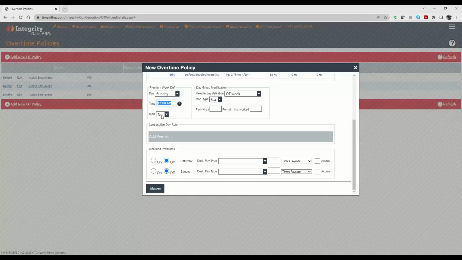The modification, normally at none, but some companies may want their overtime to go to the point where they clocked out. So this is kind of if you've got people working over midnight, what do you do, or how do you calculate those overtime hours? Do we do it based on when they clock out, on the day they clock out, or maybe the day they clock in? Flexible day definition. If you don't have anybody working over midnight, then OT week is fine. And again, the modification time here,